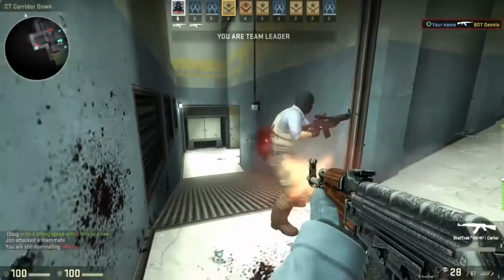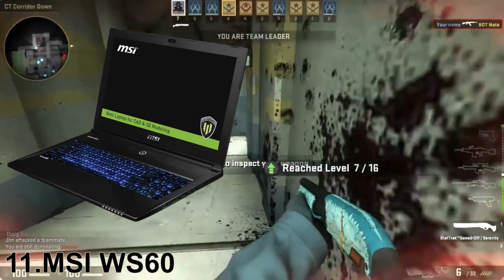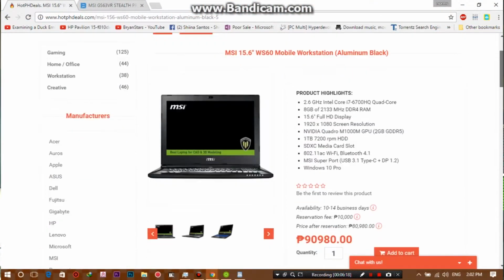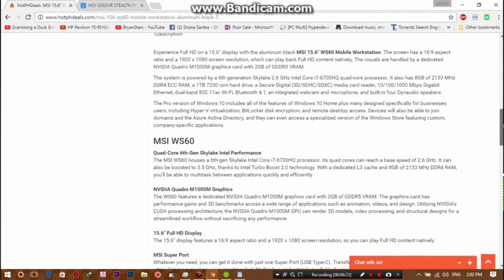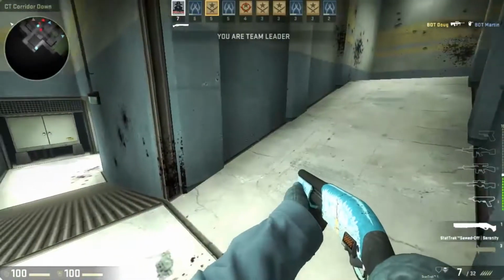So now we go on to MSI. We have the WS60 mobile workstation. This is one of the most expensive laptops that I could say in a workstation, but you have the 1000M GPU from NVIDIA, 1080p display with 8GB of RAM, and an Intel Core i7 6700HQ. This can give you the full potential of editing, especially 3D rendering, with a 1TB hard drive, 7200 RPM, which can give you the full storage space,